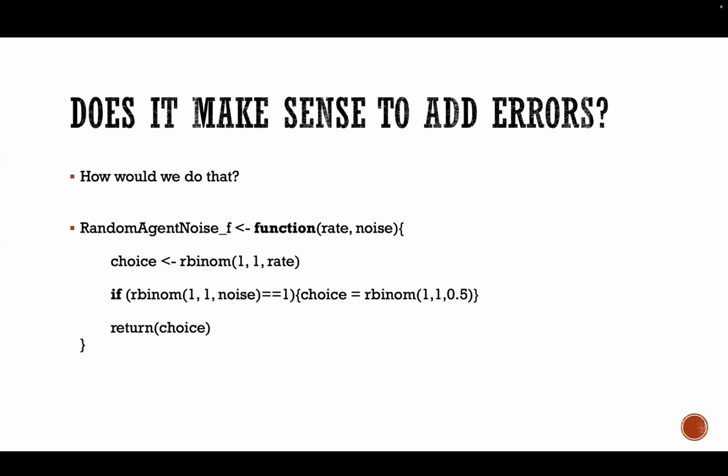So, for instance, we can say the random agent, and again, there's more efficient ways of coding this. I think this is pedagogical. Is our function where it takes a rate and a noise level, a rate of errors, if you want. It makes the choice exactly like before, but if sampling from the noise, a binomial distribution with a rate equal to the noise, and we get a 1, then we sample from a completely random distribution. It's a bit of a mind